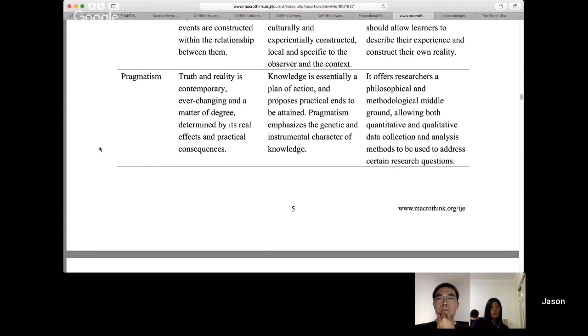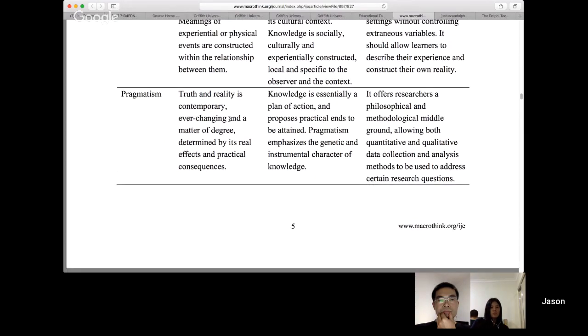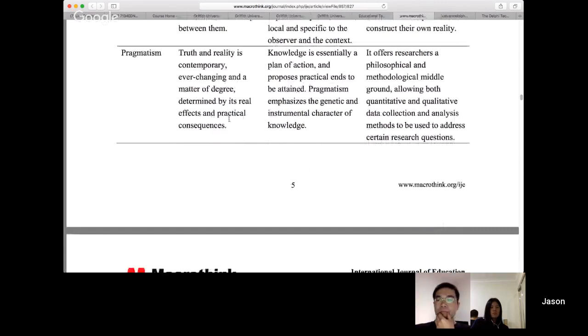But the main thing is just to realize that there can be a whole range of different approaches depending upon your worldviews. And not everyone has the same. So when you read research, you may be reading it from your perspective when it was written from a very different perspective. And understanding that will allow you to engage with that material much more than if you thought all perspectives were the same as your own.